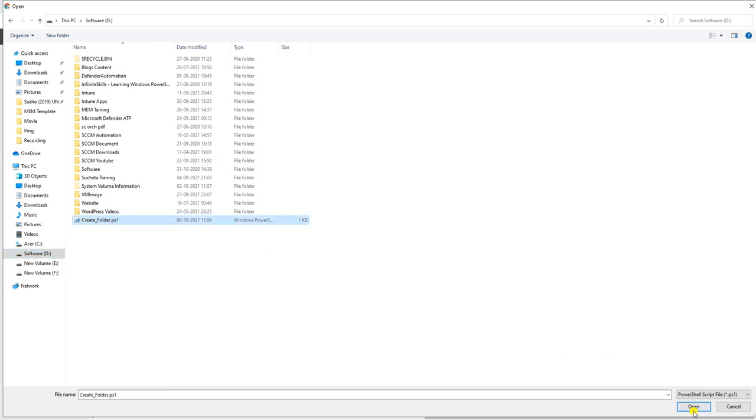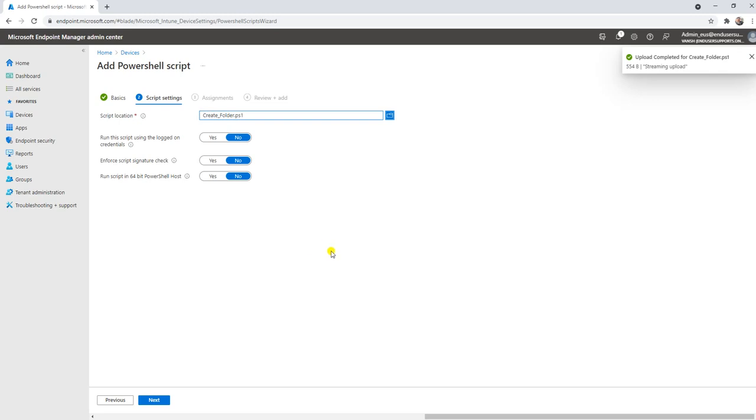Create folder, open it, and here is run the script using the logged on credential. So don't use that, might be user not having any access or user unable to create that folder, so the script will fail. Enforce script signature check, so not required. Or run the script with the PowerShell host, so this is also not required.